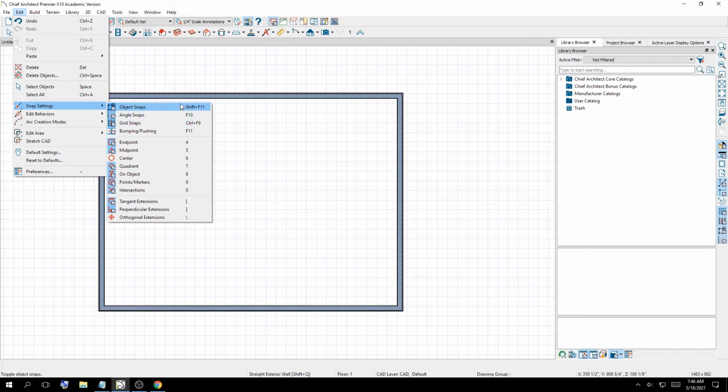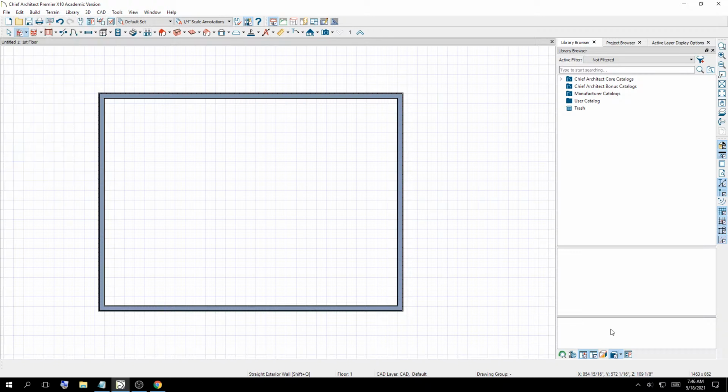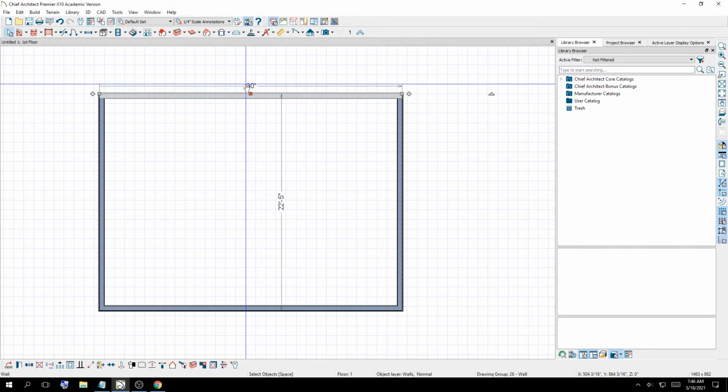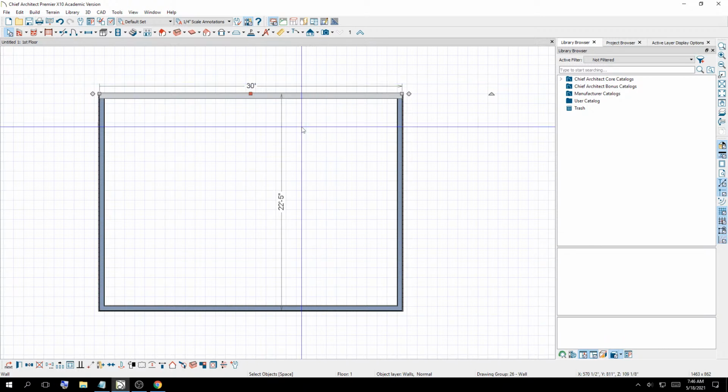So I have these three turned on. In older versions, it looks like they're pushed-in buttons when they're turned on. Here you can visually see that they're turned on by check marks, and they're also blue. So as I said, the size wasn't that important at the moment. We initially click the white arrow. If we click on a wall, you can see it's 30. You can see the depth